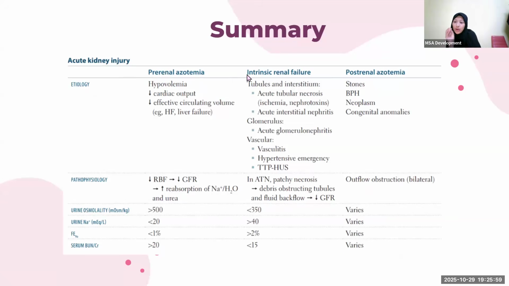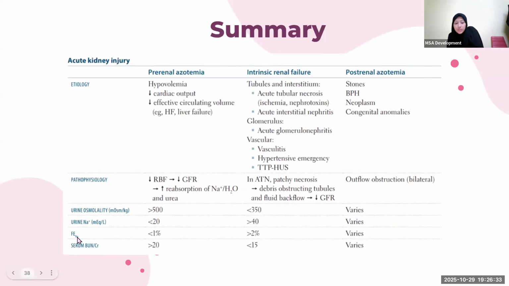Intrinsic renal failure, a problem at the kidney due to, we'll get into this in a bit, but do you see nephrotic syndrome falls here? Okay, so problem at the kidney. Vascular problems, tubular problems, which we'll get into now. All of this will cause intrinsic renal failure, causing less reabsorption, so decreased ratio. Okay, one key factor that you can differentiate between all of these three, other than the ones I mentioned, is